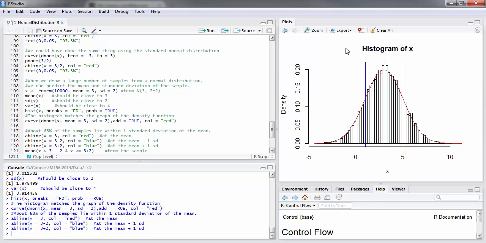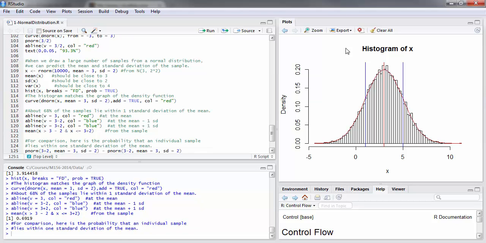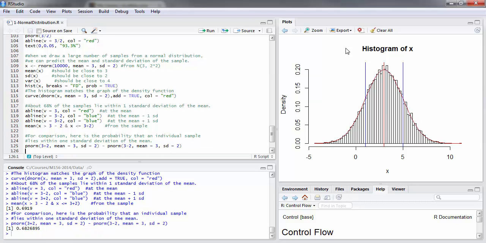If I then take an expression to which R attaches the value 1 if x is greater than 3 minus 2 and x is less than or equal to 3 plus 2, I get something that's close to 68%. I can do the same thing with the actual probability density function. I can ask, what is pnorm of 3 plus 2 for this distribution? What is pnorm of 3 minus 2? The difference of those two function values is precisely the probability of being within one standard deviation of the mean,